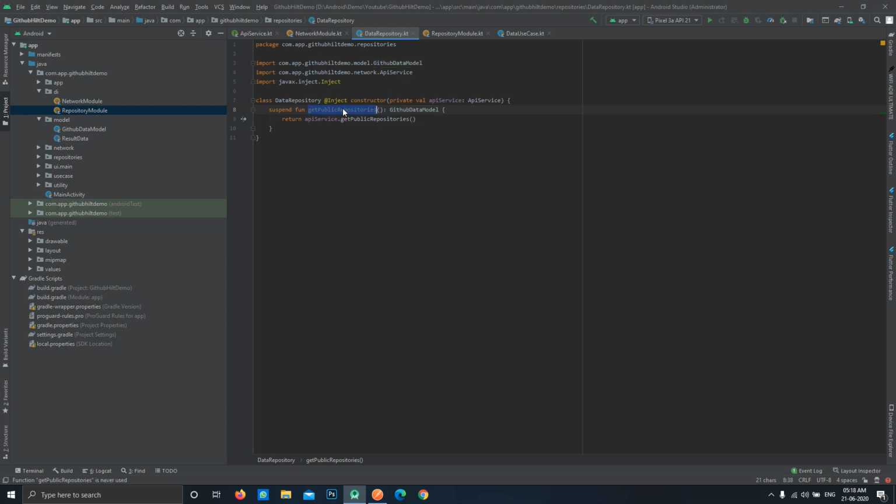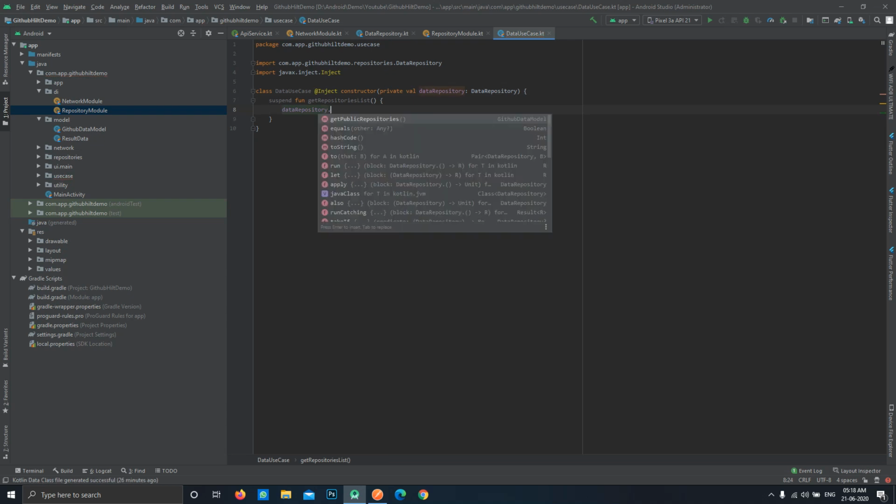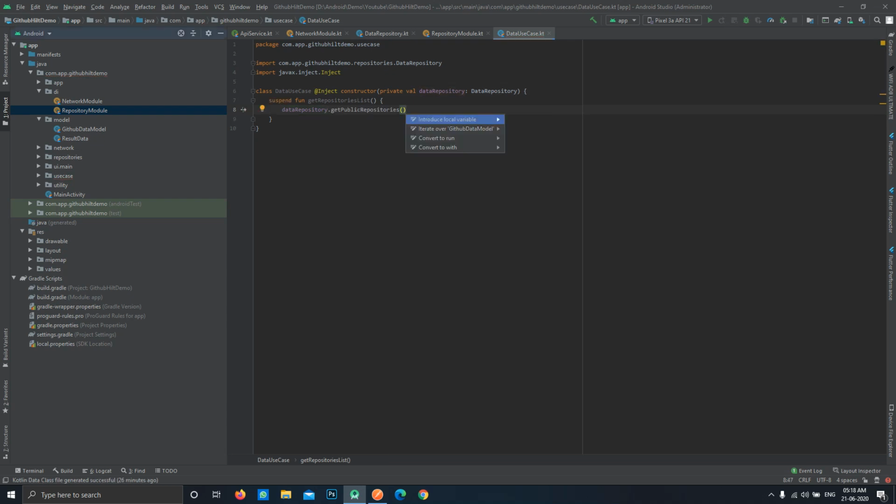The result will be returned by this function. So now we need to call this function, so let's use this instance and call that function. We have gotten the result over here.